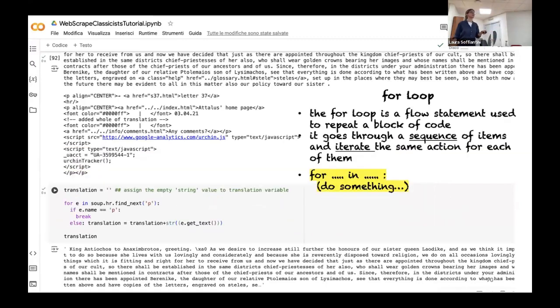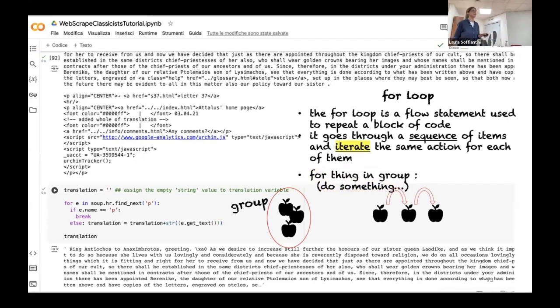For loop, so for blah, blah, blah, in blah, blah, blah, and in our case it is for everything you find inside the P tag, do something. So you can imagine the for statement in this way. Just imagine that the content of the P tag is something with many things inside, and the for allows us to iterate through all the things it will find in the group,